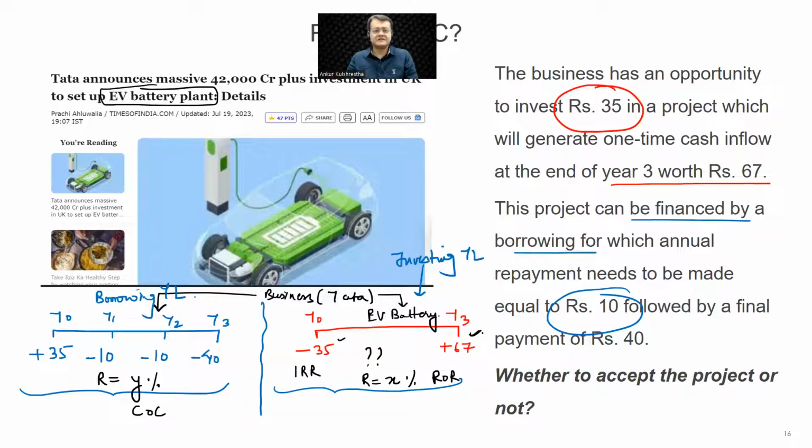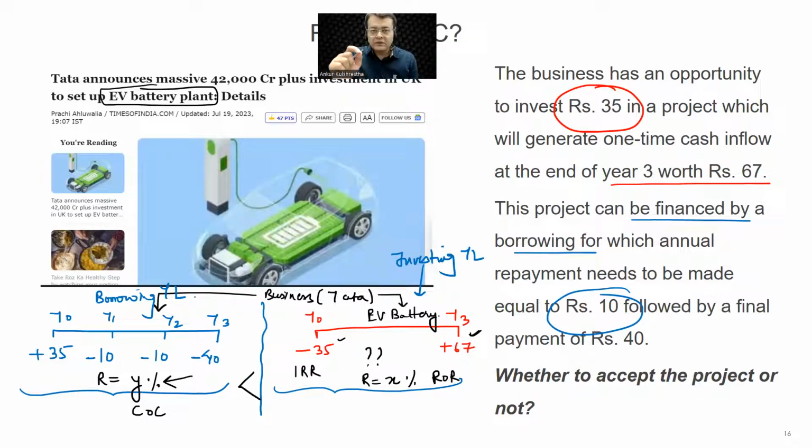Okay, this is different for different people. This will change over a period of time, but standing at T0, these two estimates look the most reasonable. But then Tata realized that 35 is what we need to evaluate, because their money has an opportunity cost. So we looked at the opportunity cost, and it came out to be a Y percentage. Obviously, your current actions have to yield more than the opportunity cost. So again, by common sense logic as well, X needs to be more than Y for this project to